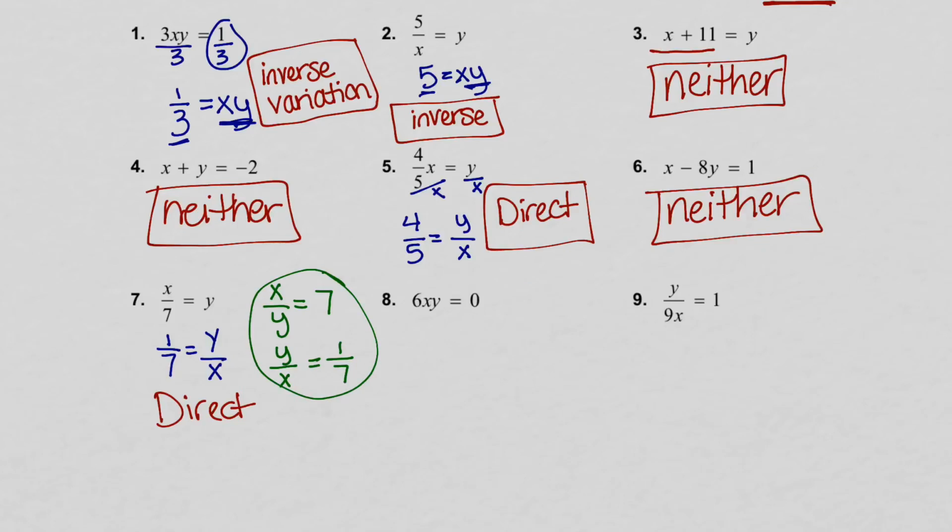All right, so on number 8, let's get all the numbers to one side. So I want to get x and y by itself. So I'm going to divide by 6. So my constant is 0, because 0 divided by 6 is 0. And I get xy. Well, I can have that. Although it does say,